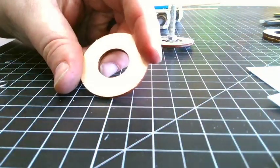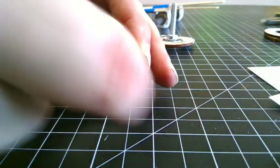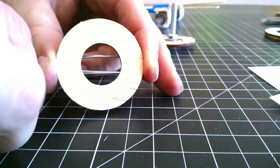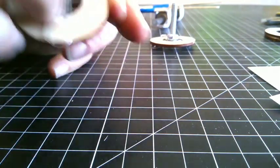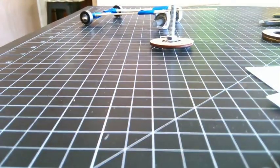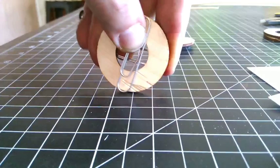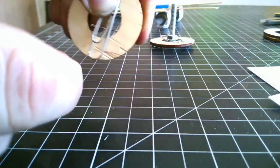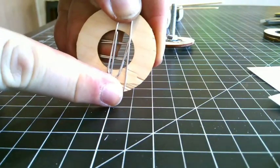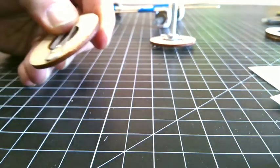So here's our wheel, and again we have paper clips. I'm going to put one paper clip on the back side of the wheel, centered up as best I can. So there it is, pretty well centered. And we're going to take our second paper clip and put it across, so that we have two paper clips going across each other perpendicular, 90 degrees to each other. Now what we're creating here is just a centered point that we can then take the